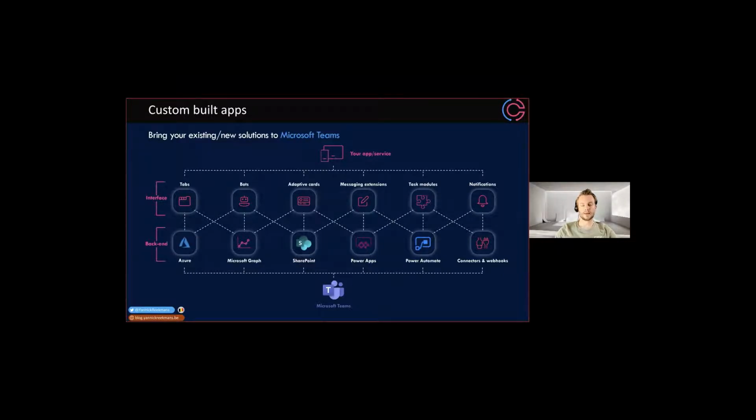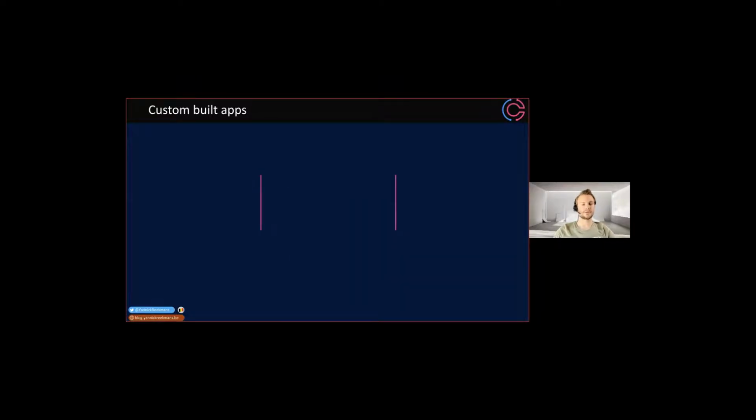Looking at those custom-built applications, they consist of 3 parts. The first part being the Teams app itself. The Teams app itself is a simple zip file. It contains 3 files, of which 2 are just color icons. So they're icons for your application. And the third one is the manifest file. The manifest.json file, we'll dive deeper into it in the next slide,